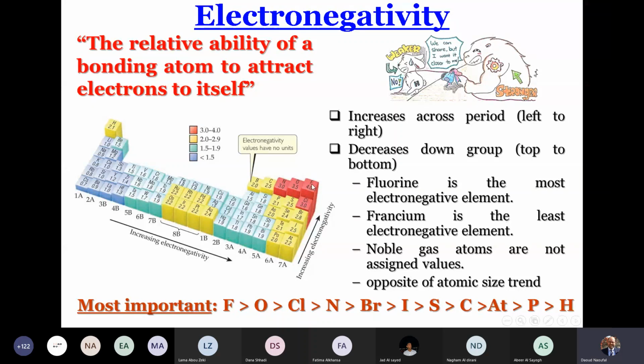As you observe, F has the greatest electronegativity, then oxygen, then Cl, then nitrogen, then Br, then I, S, carbon, At, phosphorus, hydrogen. So we can read this rule as